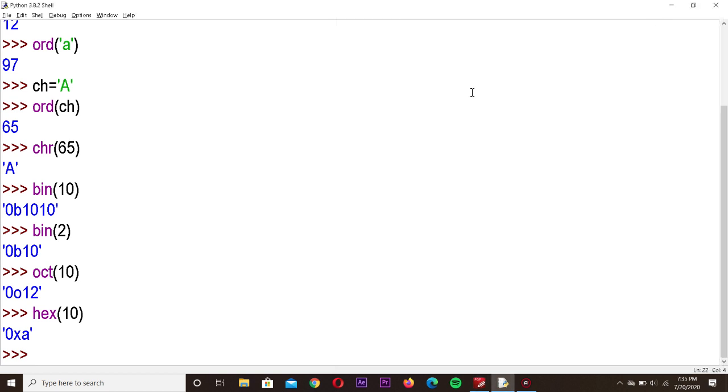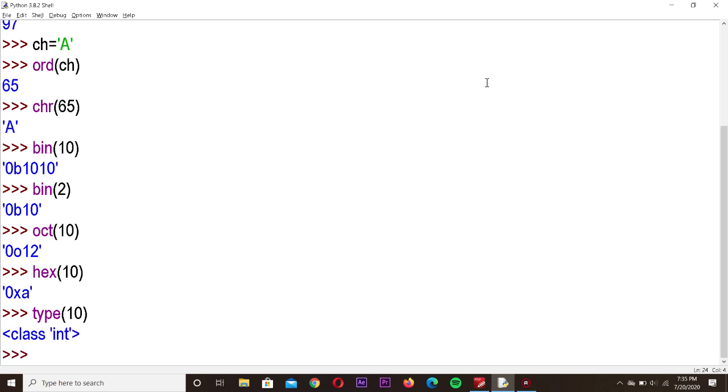First, we are typing using the type function. Type of 10. I'm giving any number inside. Okay, so class int. This type function is used for displaying the type of the object. Type of the object means what is the data type for the given value. I have given 10, so that is the integer value, so it is giving class int. Whenever it displays, everything will be considered as an object, so it will be displaying class int.